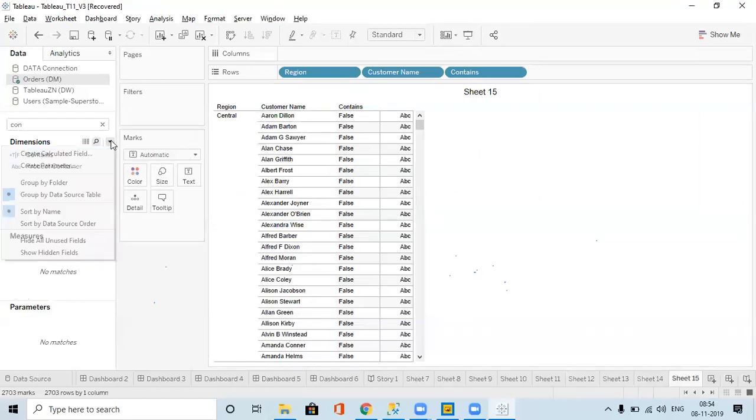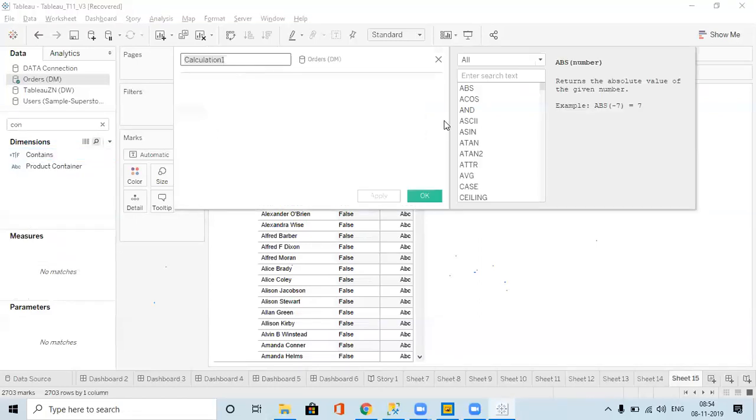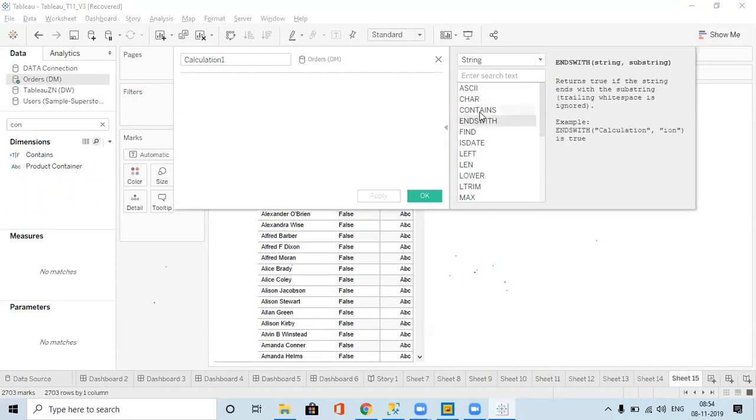Okay, so let's move on. So here we have the string functions: contains, ends with. See, contains means if something is there anywhere, it will give us true. But ends with means if it ends with ION, it will give us true. Did you understand?